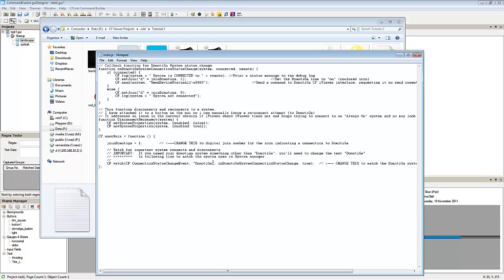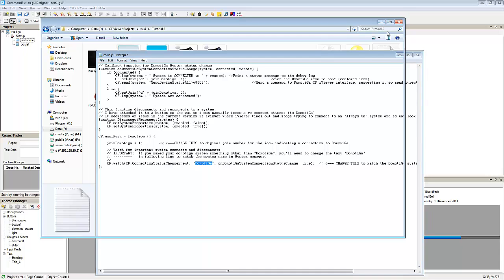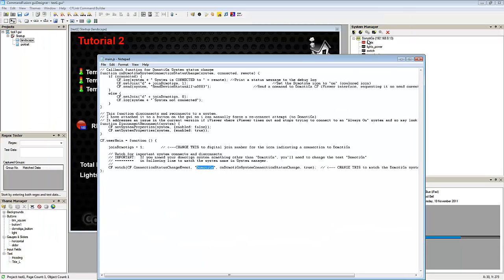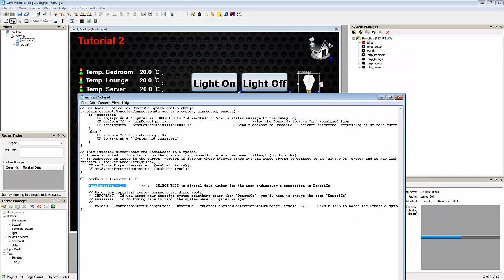Now if you've called your system, DomotiGa system in GUI Designer, something other than DomotiGa, you'll need to change this text here. And also if your digital join that you're using as your indicator of whether or not you're connected to DomotiGa is something other than 1, you'll need to change this value here. Other than that, the routine should work as it is. So we'll just save that